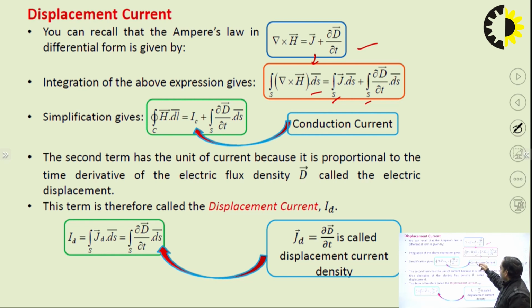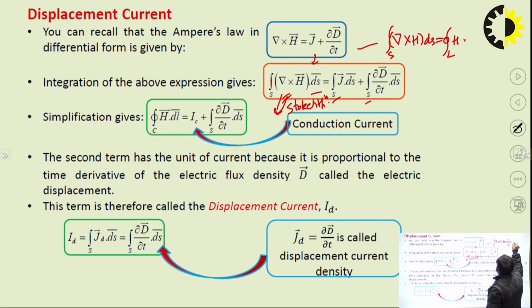Okay, so now because we know this is the open surface, here we can apply the Stokes theorem on the left hand side. So when we apply the Stokes theorem, what we will have? Let's apply. So we have del cross H dot ds over the open surface is equal to the closed path integral of H dot dl. Okay, so in place of the left hand side, we can input this expression H dot dl,